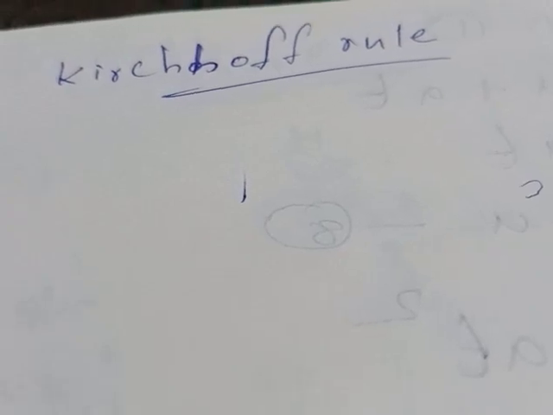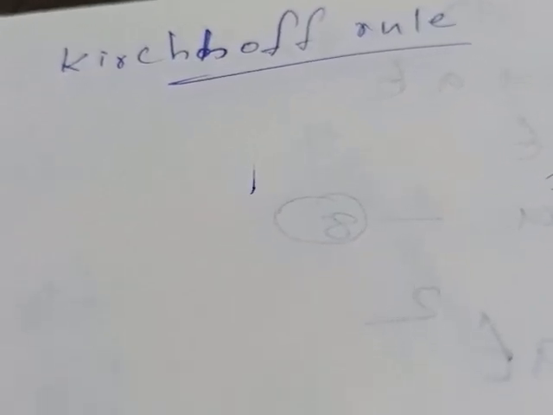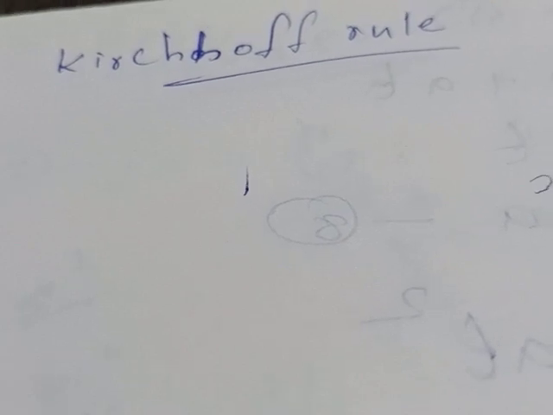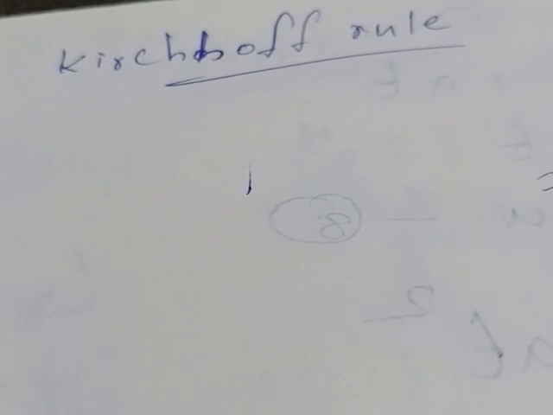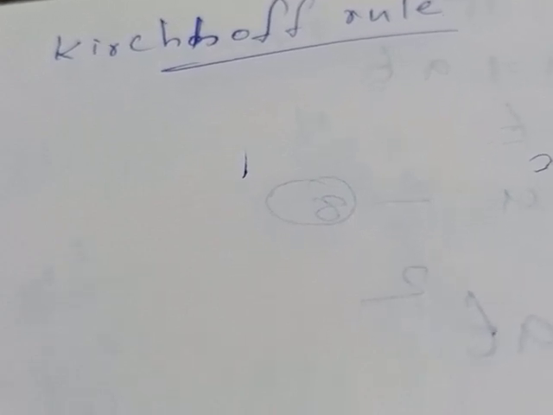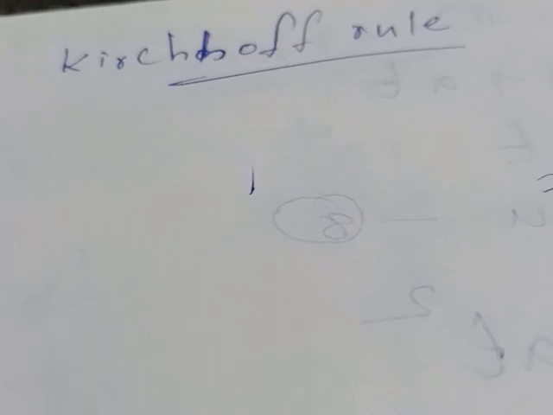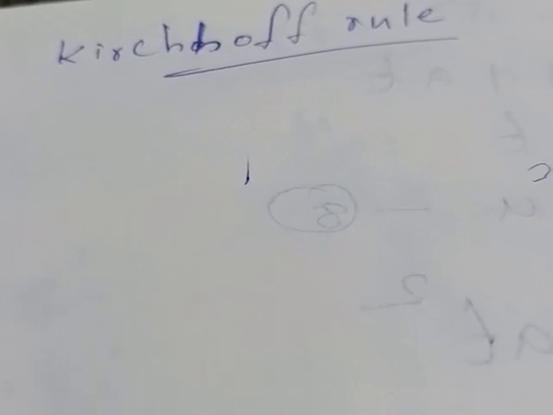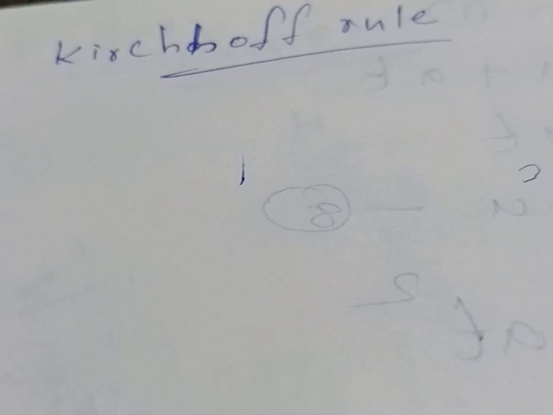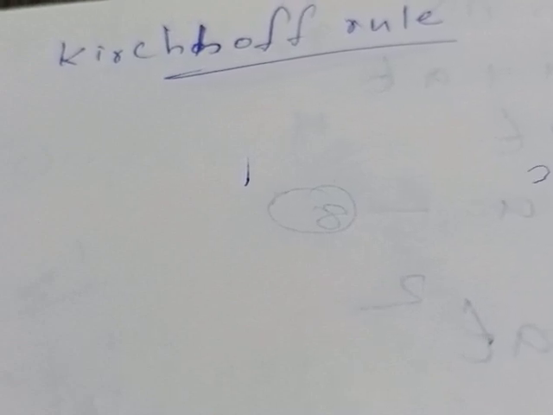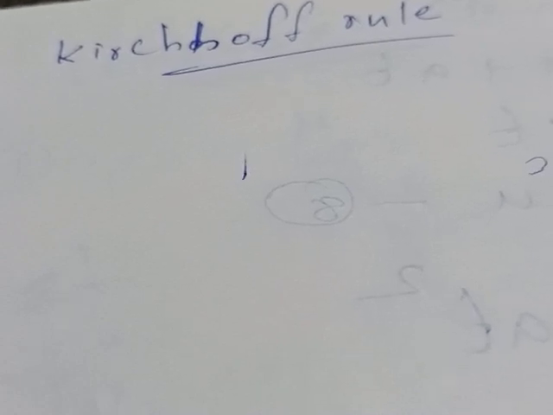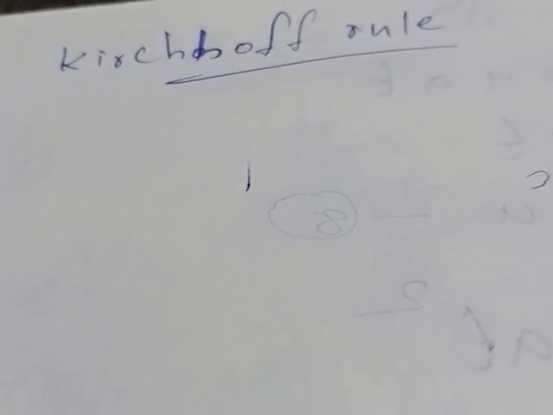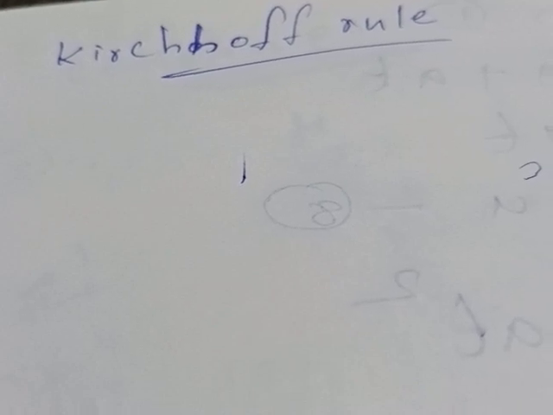Students, in the previous video session you have gone through cells in series and parallel. Today we are going to see about the Kirchhoff rule. Kirchhoff made two rules, and his full name is Gustav Kirchhoff. In 1845 he made two rules for balancing, for the equalities of current and voltage, so we can say that one is the current rule and the second is the voltage rule.